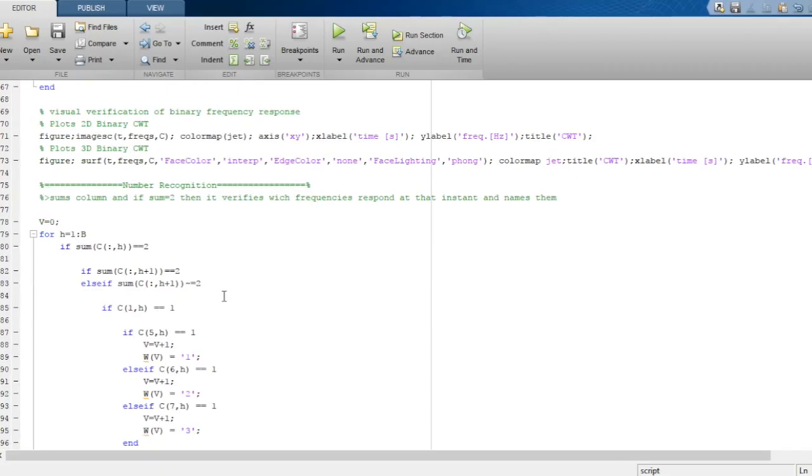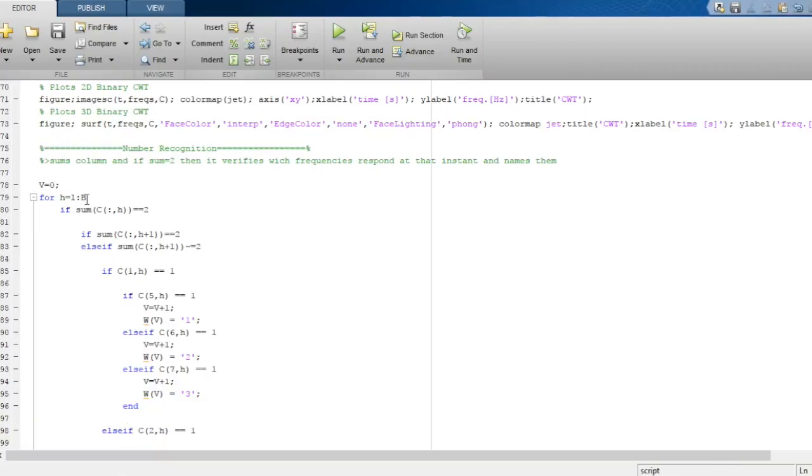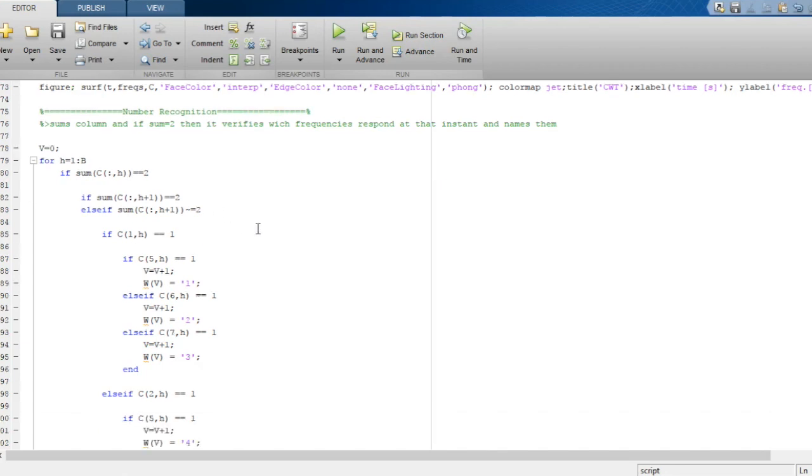At this point, assuming there isn't any disruption from noise, we have a for loop with many if statements inside of it, which essentially work by seeing if the sum at any given column throughout the matrix is equal to 2, which would indicate that there are two frequencies currently playing, thus meaning that there is a tone there,